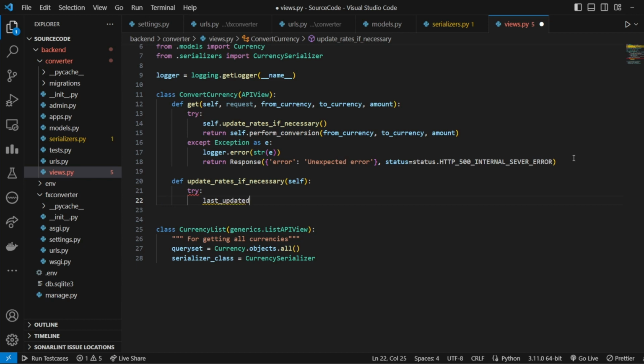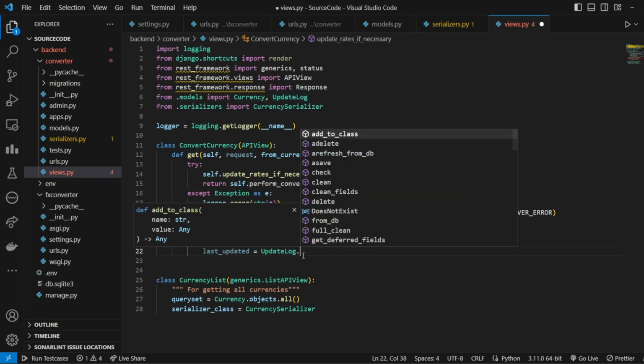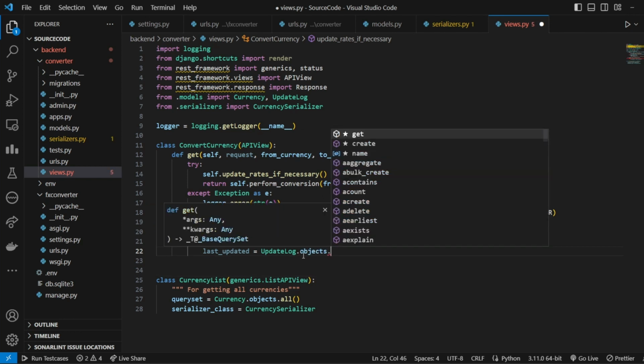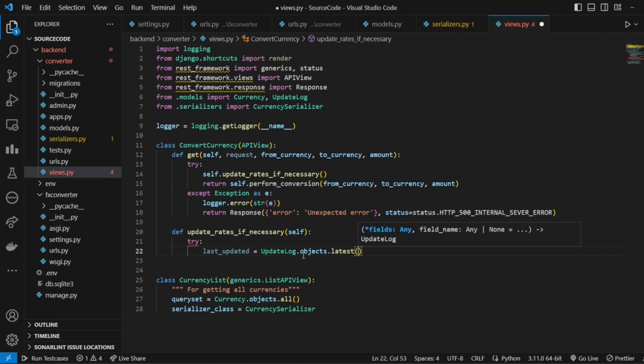So last_updated is equal to UpdateLog. If you remember, we created this table inside the database, so it will be like UpdateLog.objects.latest, and updated_at,